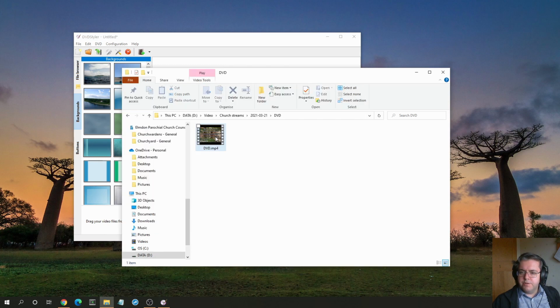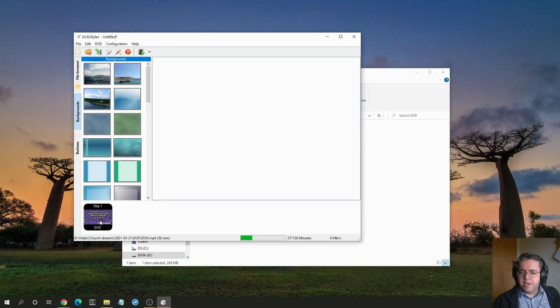And what I am going to do is drag this file in, the file we exported from DaVinci Resolve, drag it in here. So now we need to set a few things to tell the DVD player what to do when you put the disc in. So we'll click on this